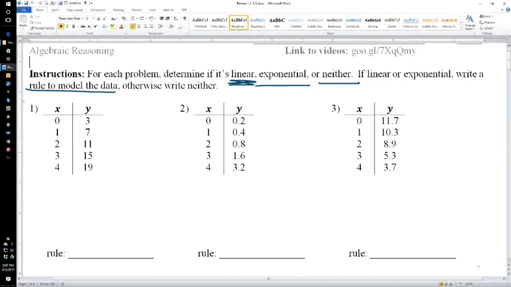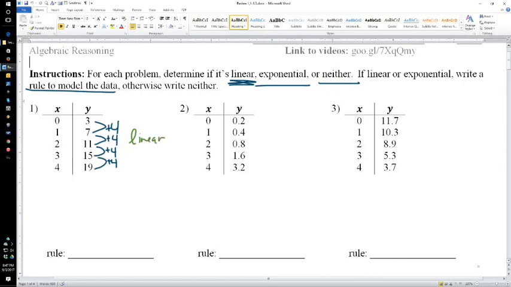So we're going to start off just by subtracting. 7 minus 3 is 4. 11 minus 7 is 4. 15 minus 11 is 4. 19 minus 15 is also 4. So every last one of these we are adding 4. Therefore, this is a linear